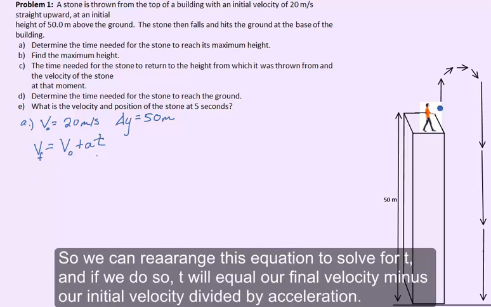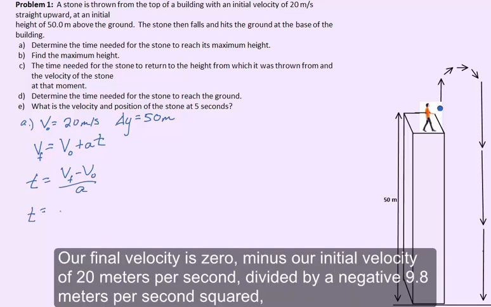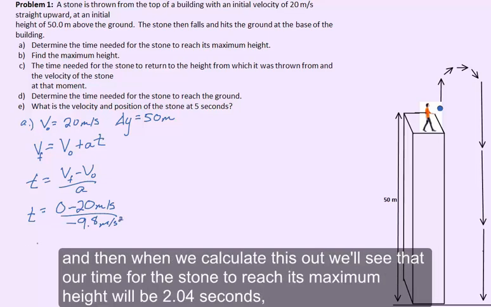We can rearrange this equation to solve for t. t will equal our final velocity minus our initial velocity, divided by acceleration. Our final velocity is 0 minus our initial velocity of 20 meters per second, divided by a negative 9.8 meters per second squared. When we calculate this out, we'll see that our time for the stone to reach its maximum height will be